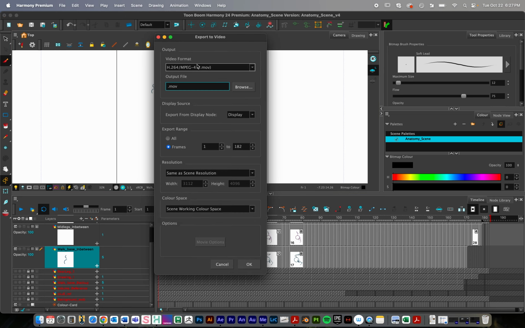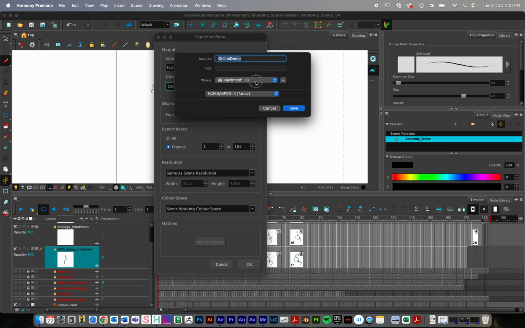And under the video format, we're going to have some options right here. And the option that I recommend is the H.264. This is a kind of QuickTime movie that is a really common video codec that just, in my experience, seems to have the best luck. And so we're going to, under this drop-down menu, choose H.264. And I'm just going to call this online demo. And I'm just going to throw this right onto the desktop of